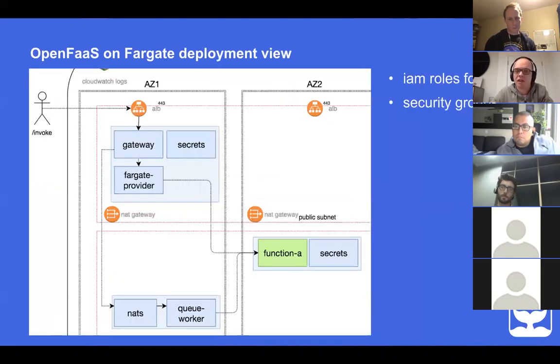Oh, sorry, I should have gone to that slide. And it's a bit blown up. We've also made heavy use of IAM roles, but this is something that a user of OpenFaaS on Fargate doesn't need to be concerned with. This is all handled for you. But the secrets, the function's only given an IAM role that allows it to access the secret defined in its YAML file. So there's no way it could access secrets from another function if someone happened to break out into this container and somehow get inside that process.